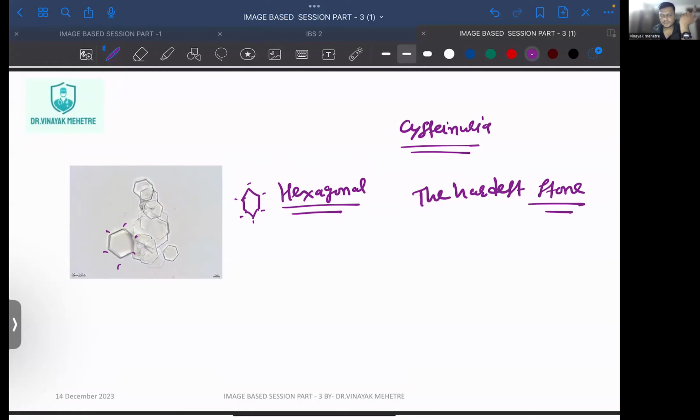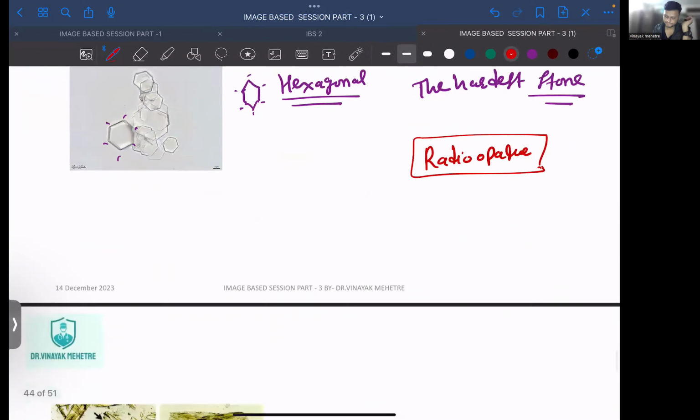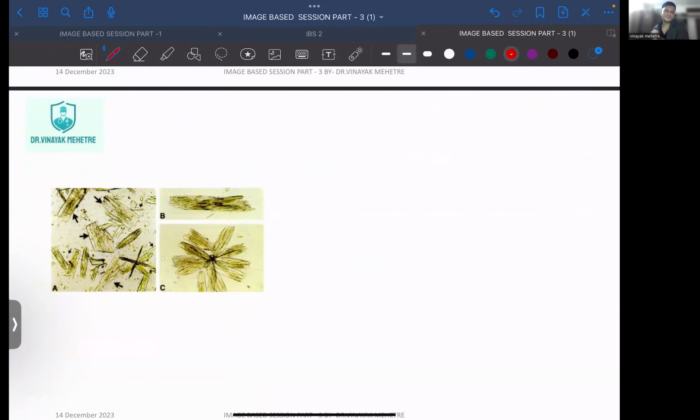अगेन रेडियो ओपेक और रेडियोलुसेंट अभी बताया मैंने. All are radio opaque except uric acid stone. So this will also be radio opaque. शेप समझ नहीं आ रहा, राइट? इसको बोलते हैं इंडिनावीर स्टोन. What we will call it? इंडिनावीर स्टोन. ओके,